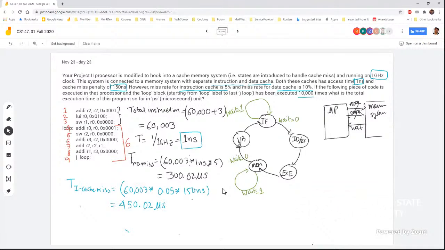And similar thing, we need to compute for the data memory access. Now let's look at the program. Where is my data memory access? Data memory access is these, store word, and we have one more here. So 10,001. So this will be within the loop, 10,000 times plus 1. So that means we are talking about data cache miss